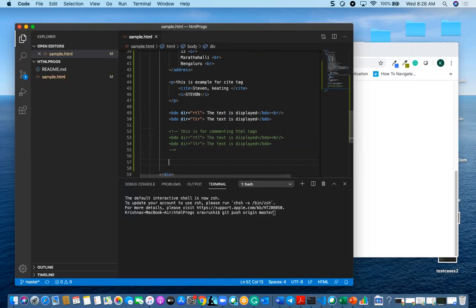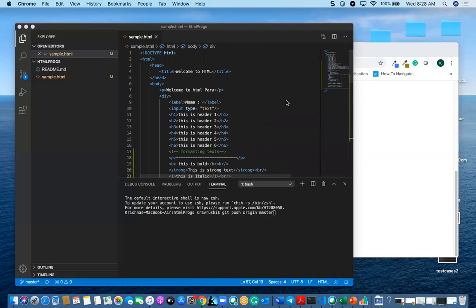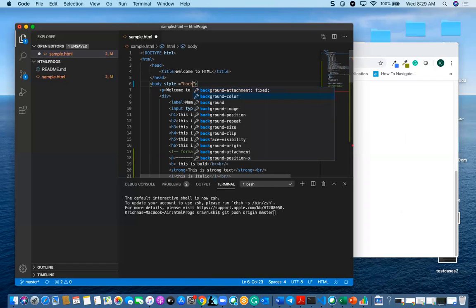Okay, that's about comments, and we'll see some colors: how to display colors in the background of your page. Let us go for body, and here I am giving one style, some background color.